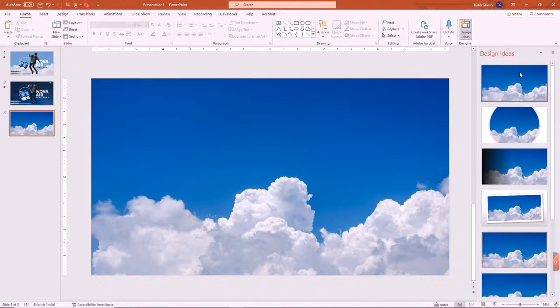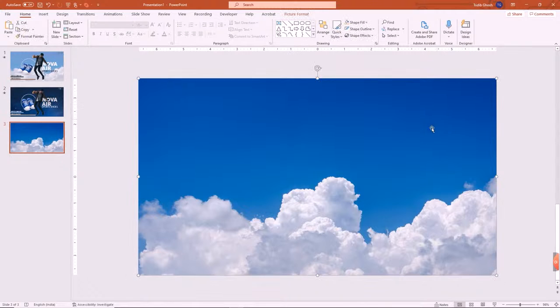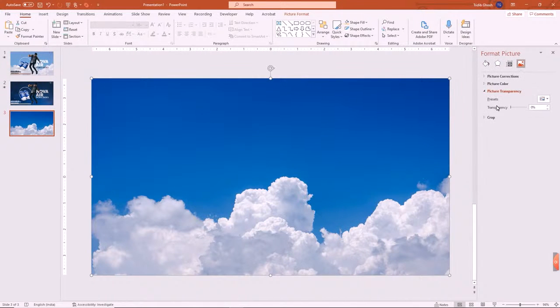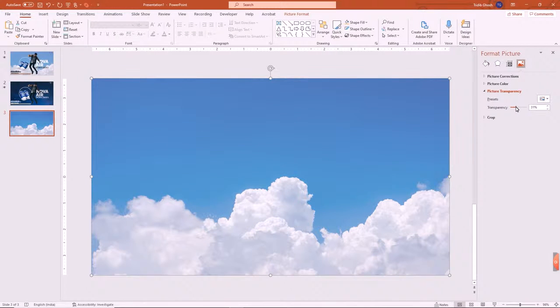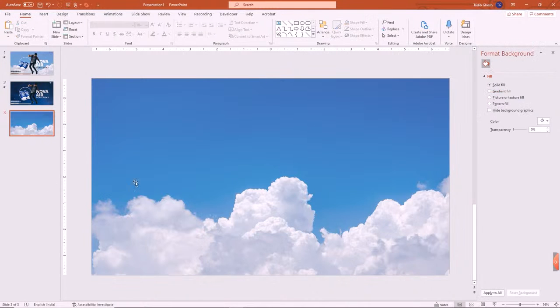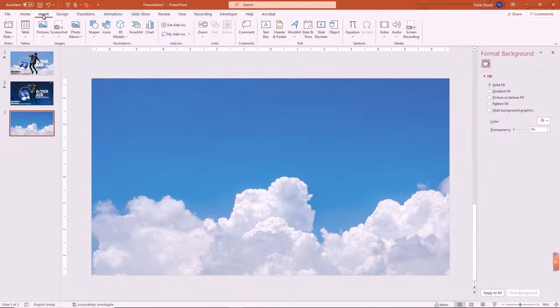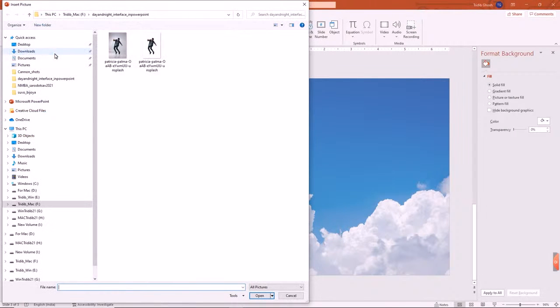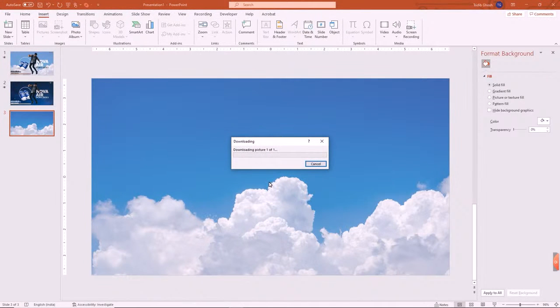Perfect. So it fits very well in the 16:9 ratio of my slide size. I right click on it and say format picture. In the picture I will go to transparency and I can dictate the transparency that I want. Okay, so this is the transparency I wanted. Now I will go to insert pictures, this device, and I can just select the transparent PNG image that I have just created,